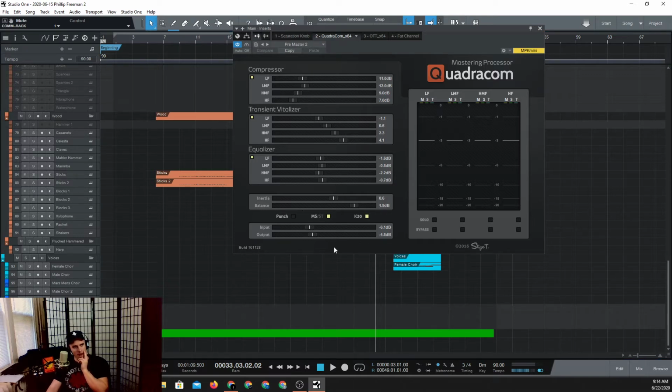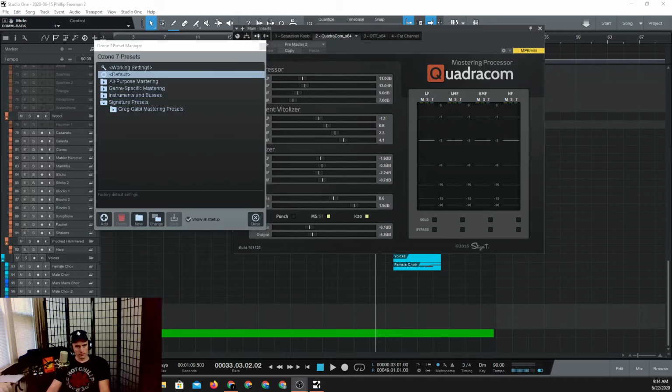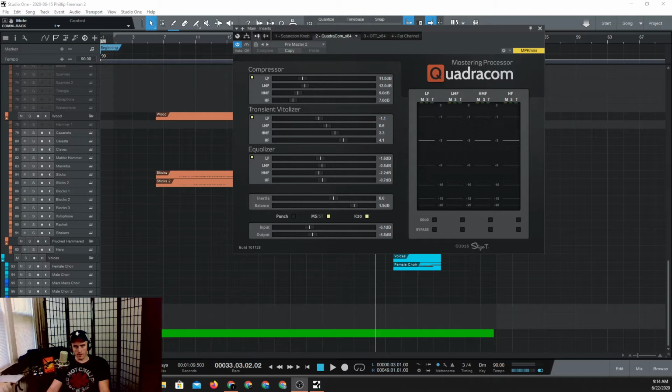And of course, the input and output are set in such a way that there's enough headroom for the master chain, which I'll show you what that is and briefly go over what I use for my master chain. Right now, the master chain that is currently going through for this broadcast is slightly different than what I have for the mixed version of this piece, which you can find on SoundCloud. But I'll show you